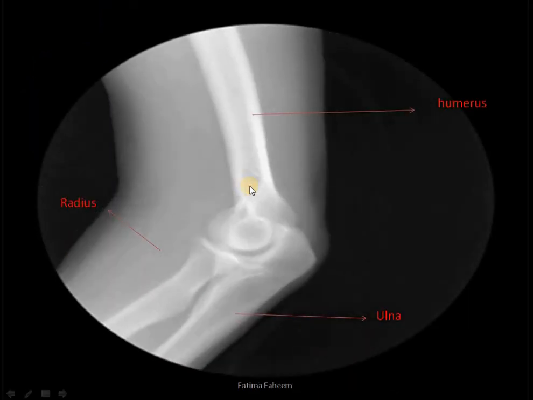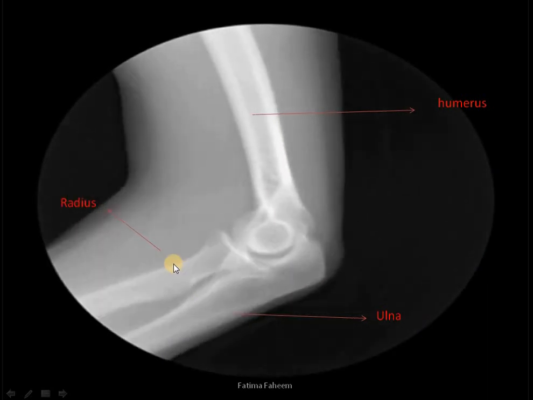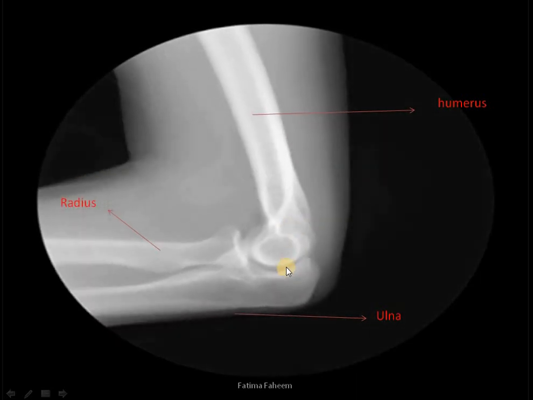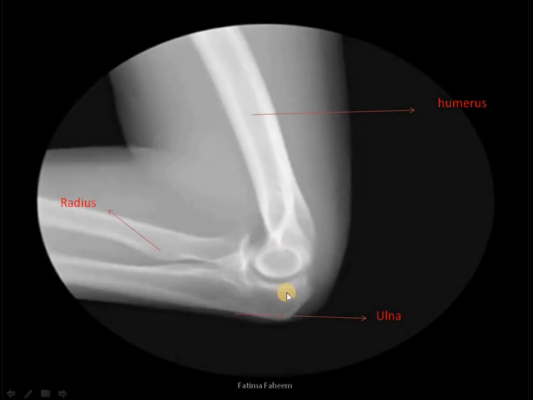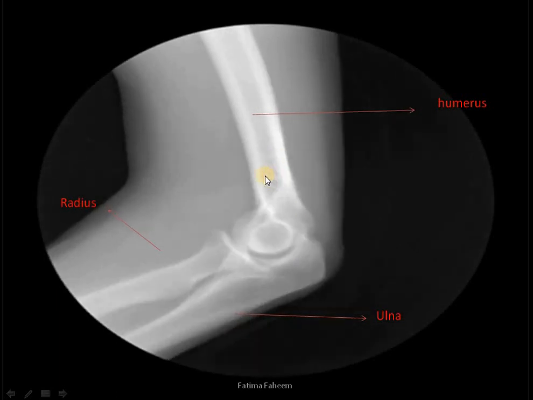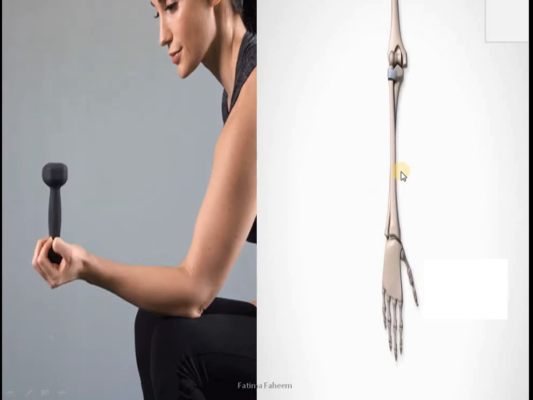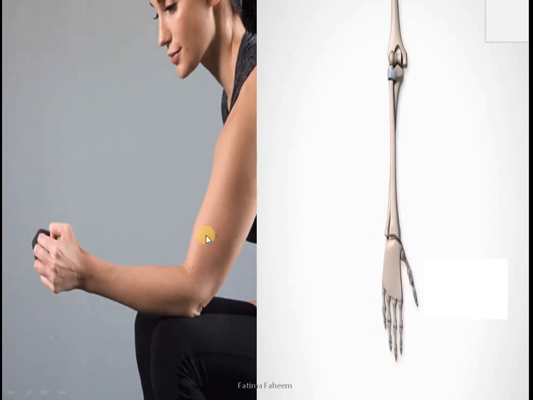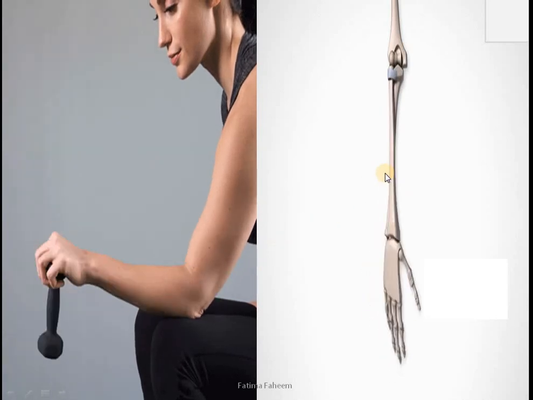This is another view to show you how the hinge joint is made between the humerus and ulna. The radius is above here, and the movement of the hinge joint is in one plane. You can move your arm up and down because of this joint, which is called the hinge joint between the humerus and ulna. Make sure that you also know that both radius and ulna can rotate partially over each other. When you rotate your arm, they rotate over each other like this in the diagram.